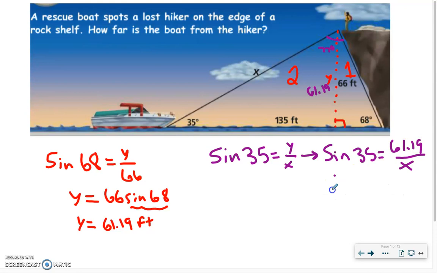So after we cross multiply, you get 61.19 is equal to x sine of 35. And then you divide, and that's where you get x is equal to